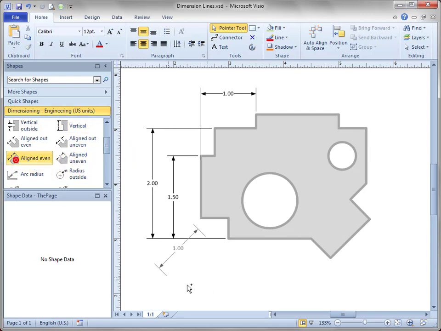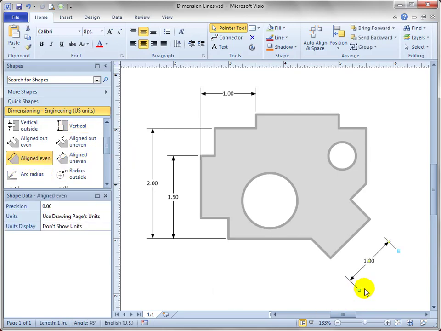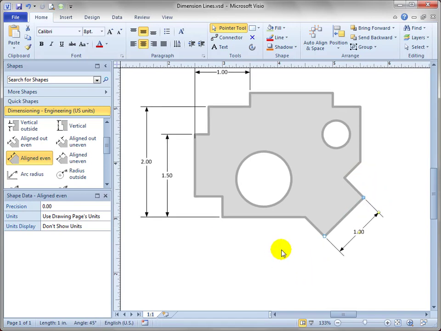You can start with an aligned even shape, and let's just see what happens as we pull the handles. You can see, okay, that goes inside where I don't want it, so let's pull the control handle out. The tricky part then is, how do I dimension from here to this point, but in a straight line? You can see that if I do that, that's not correctly showing what I want. So then you look for the